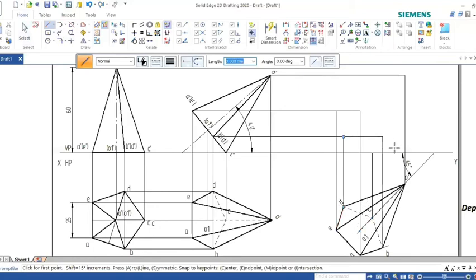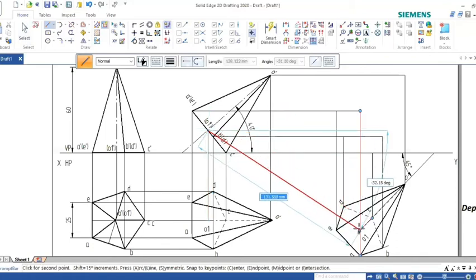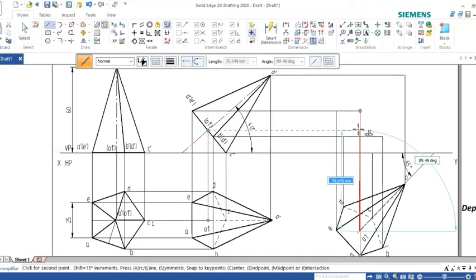Now you located ABCD and center O. Okay, now you located center O also. Coinciding with that line, no problem.